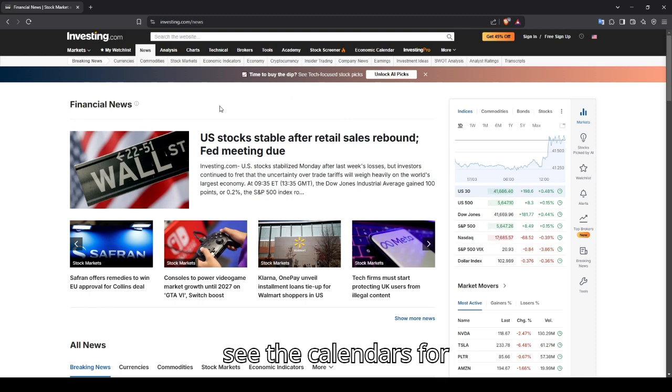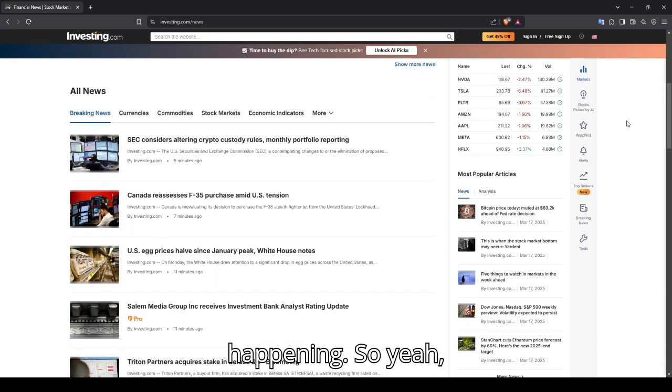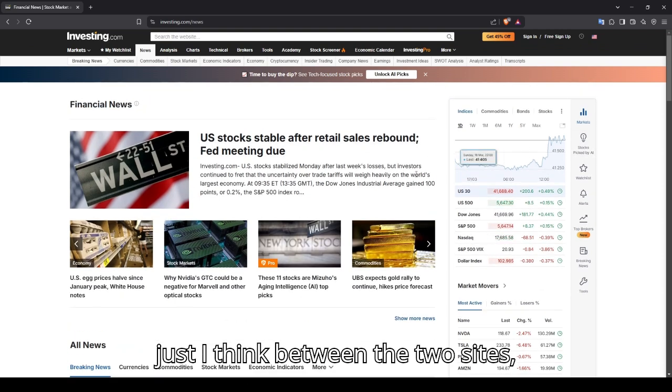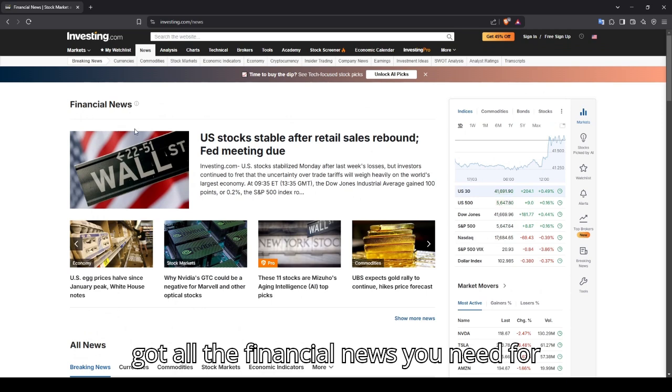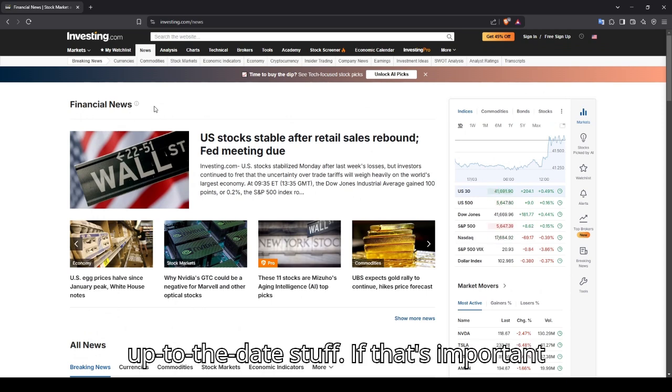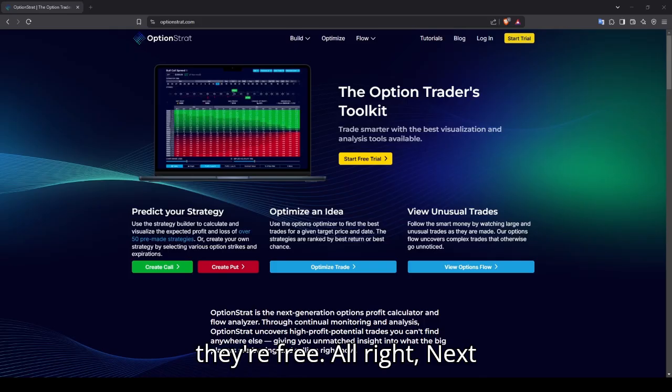It's useful to see the calendars, for example, if you're trading dividends, when the dividend dates are happening. So I think between the two sites, Investing and Yahoo, you've got all the financial news you need for up-to-the-date stuff. If that's important to you, I would use those tools, and they're free. All right, next up we have